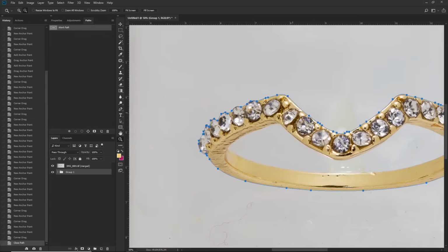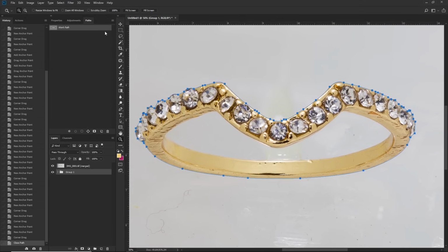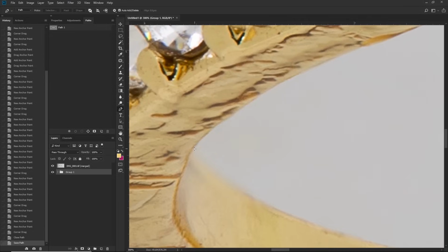When the outer path of the ring is complete, go to the Path window to see your work path. Have the work path selected and click the hamburger symbol or the 3 horizontal lines and select Save Path. You can name your path whatever you want, but I like to leave the outer path as Path 1 in case I do any actions on a large batch that require selecting the paths. With the outer path created and saved, deselect Path 1 and start making a new path on the inner area